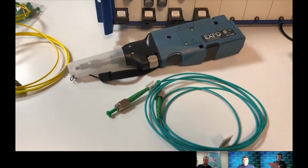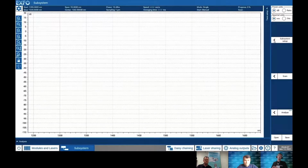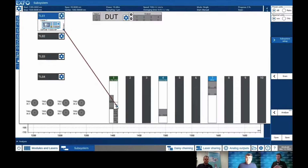So we didn't really talk about cleanliness, but this is very important for PDL measurement particularly. So we'll talk a little bit about PDL measurement in a few seconds. So now the principle of the CTP10, and I touched a little bit about that in the panel discussion, is